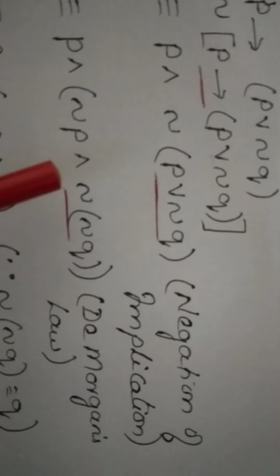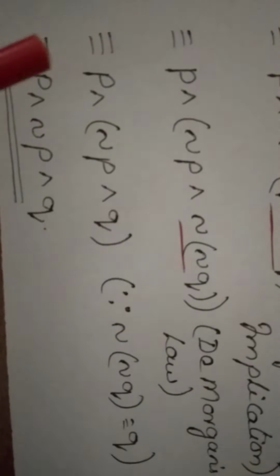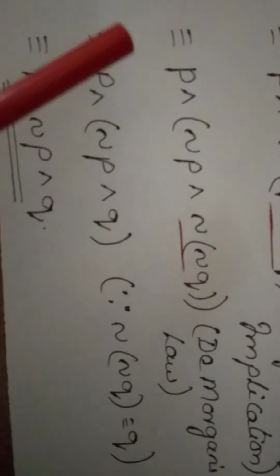Now we go inside the bracket. Inside the bracket we find that there is a disjunction. That disjunction is converted into a conjunction while finding a negation. So not P and Q by De Morgan's law. In the next step, again there are two negative signs which are given and we can remove the negative signs. And thus we write P and not P and Q as the answer. We can either write it with the bracket or without the bracket. That was the fifth sum.